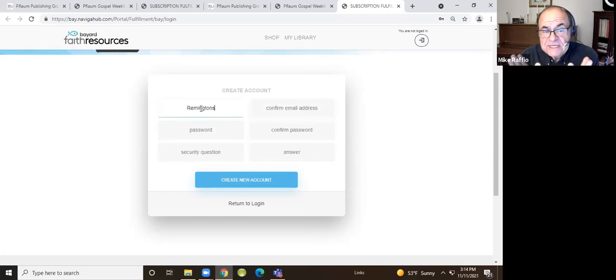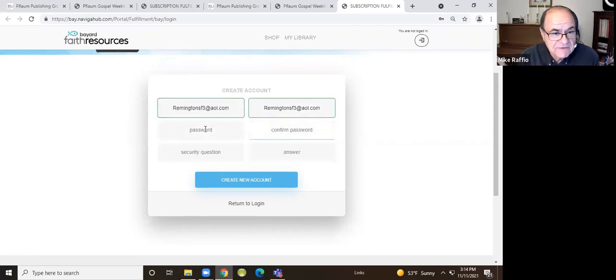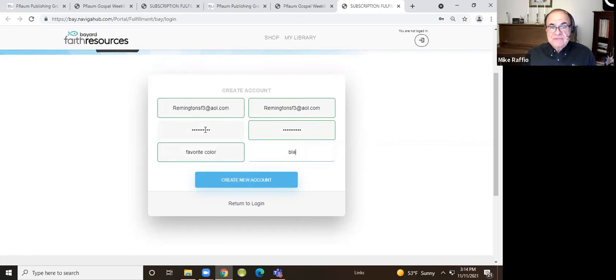All we're asking the parent to do is list an email address, whatever password they want. They can create any password they like. It is not PGW 2021. It is whatever they want it to be. And then a security question. And the security question is there so that if they forget their password, or if they want to change their password later on, they will be able to do so. So Dave is creating an account as a new parent who's been coming to the portal for the first time.